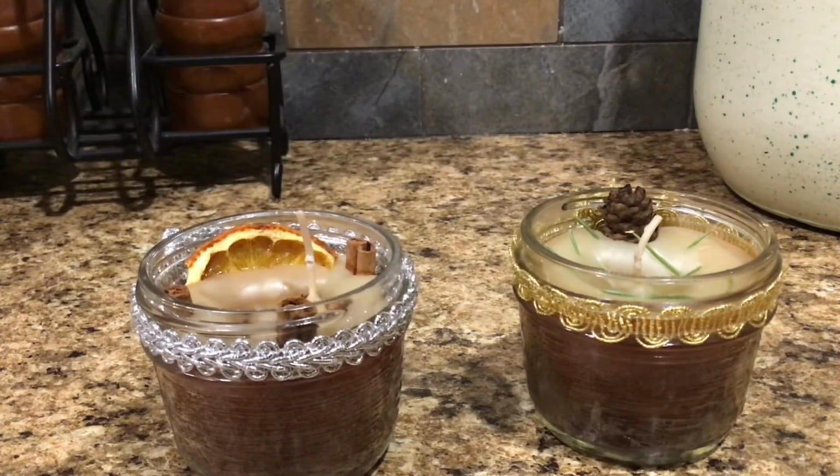You can also mix up the spices or essential oils you use to create different smells. It's a really fun project and can be great for Christmas gifts or for just yourself. For the final test,